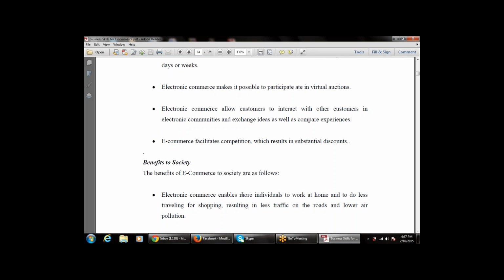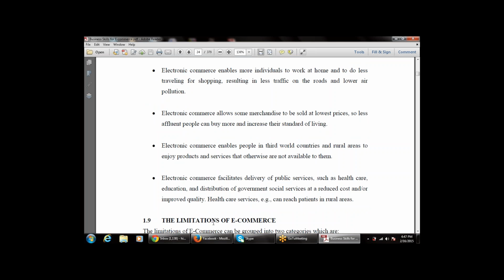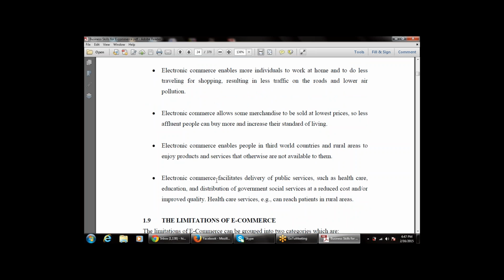It provides the facility to work at home. It also allows more merchandise to be sold at lower prices. That is, there is more competition. It allows multiple retailers and merchandisers to sell goods at lower prices. So these are the various benefits provided by e-commerce to organizations, customers as well as the society. Then e-commerce also facilitates delivery of public services